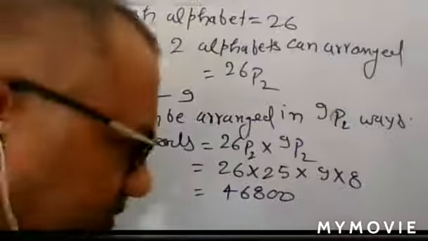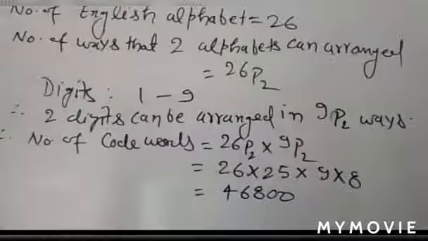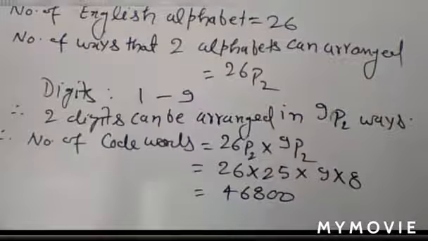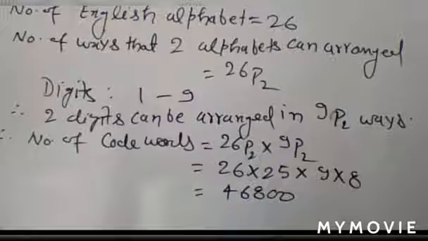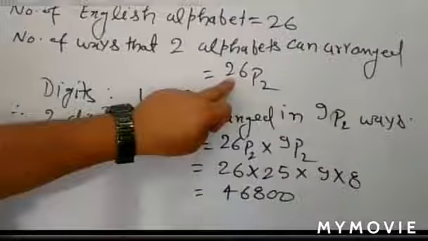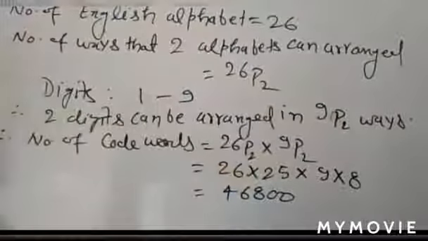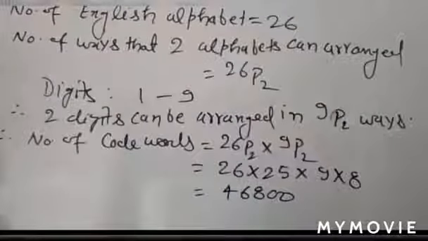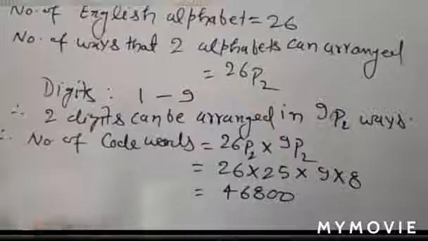And in the second question, what is given? The last digit is an even integer. Understand? And the first two places of the code are English alphabets, so that they do not change. That can be arranged by 26P2. You have to write it as it is. Only you have to take the different arrangements while taking the digits from 1 to 9.